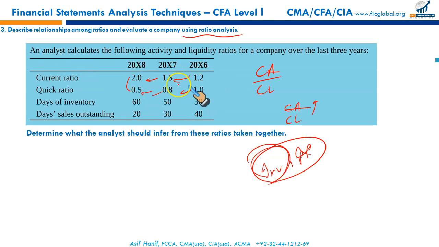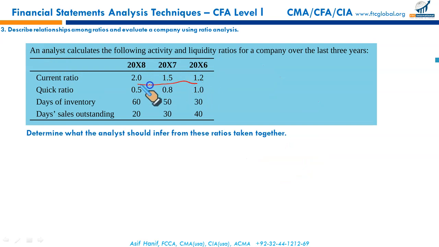Inventory swelling over the period. Inventory has increased over the period, more investment in inventory. That's why the gap between your current and quick ratio is becoming significant from 2.6 to 2.8. Days of inventory. How many days do you hold your inventory? Look at this now. This is the reason why it's so. First it was 30 days, now 50, and in the current year to next 8, your inventory is held for 60 days. This is the reason why your current ratio is getting bigger.